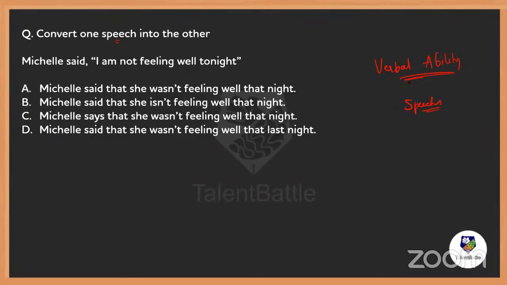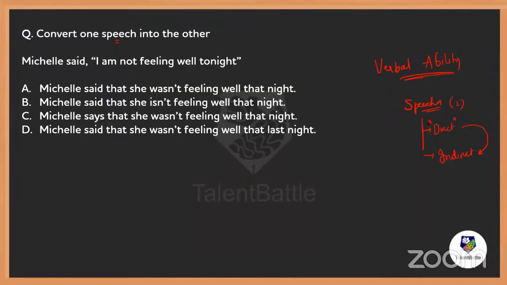Do you have any idea how many types of speeches there are, everybody? Exactly. There are two types of speeches. What are they? Direct speech and indirect speech. So now I need to convert a direct one into an indirect one.